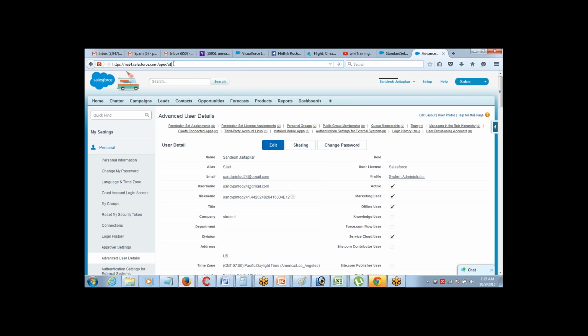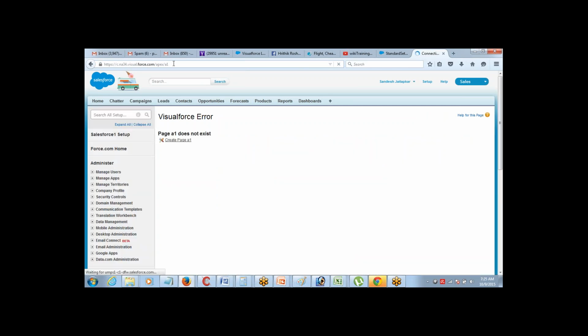Let's say A1. This page name cannot have special characters, it cannot have spaces. That's the only thing that you have to keep in mind. Now that's the page name and you press enter. The moment you press enter,